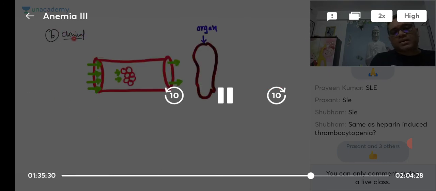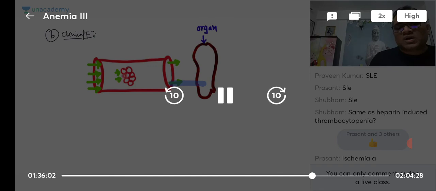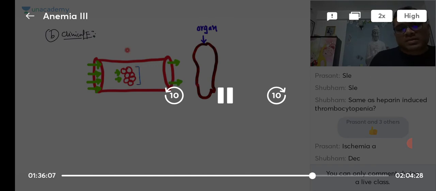Clinical finding. In this clinical finding, what you are observing is that RBCs are forming clumps, because IgM is present. So in this blood vessel, IgM is forming clumps. Because of the clumps, can you see the blood flow? Here blood flow is very good. But what happens when they are going to supply the end organ? What is the blood flow to this end organ, increased or decreased? Decreased. Understood? Because of this agglutination, or clumping, because of these RBC clumps,